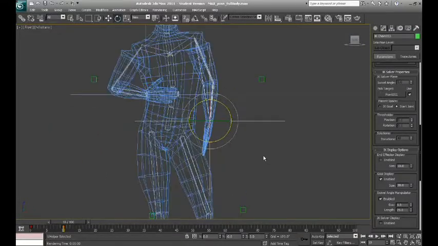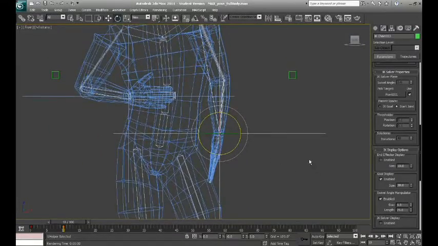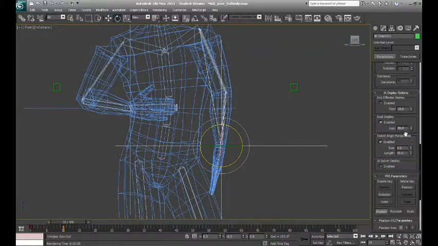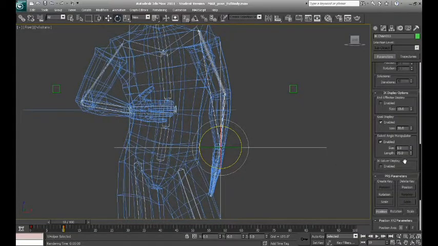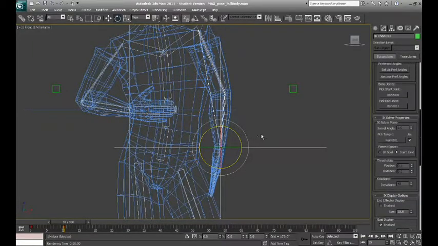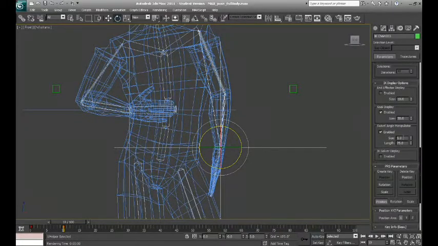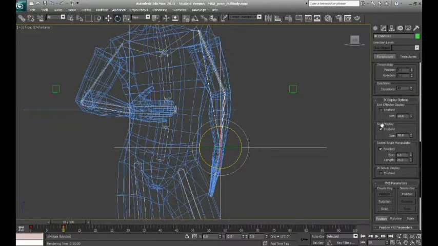Okay, the way that you can change the display on your end effectors, or your handles, is if you select the handle, come over here to the motion panel, and scroll down. You have the IK options here, and where it says gold display, here's the end effector display. I have that off. So the gold display is enabled. You can actually shut that off altogether if you want,